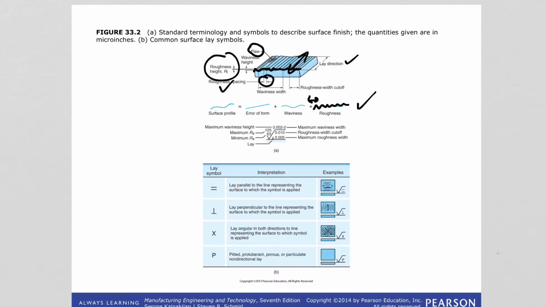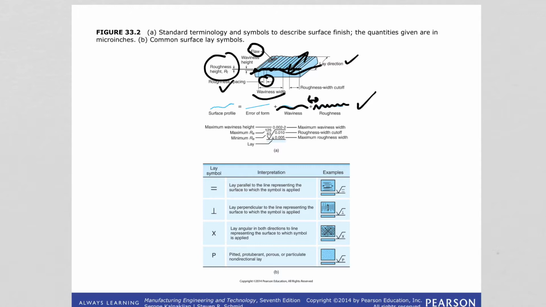And then we also learn about waviness. And waviness was deviations of much larger spacing compared to roughness, like this. So here may be like this, right? So this part is the waviness width. Okay, so error of form is general, basically slope